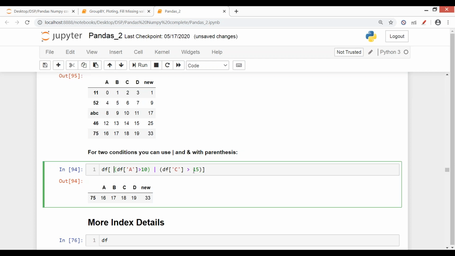These are my conditions: condition A, condition B, and you can use the and or or operator, and it will give you results accordingly. And I wrote this additional square bracket outside just to get the values, because if you do not specify this, you get true and false only. In order to have values, you have to specify this format.